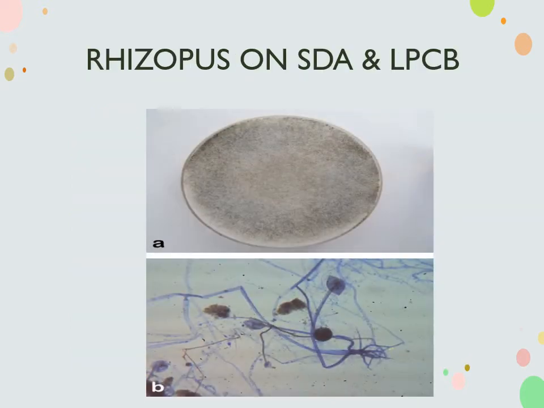Then this is Rhizopus on Sabouraud dextrose agar, that you can see. This is the color of this fungus. You can see the dense growth. Then LPCB, you can look at the LPCB mount. You can easily notice the rhizoids, and these are the nodal rhizoids. And the hyphae, mainly you have to look at the hyphae, they are very broad, ribbon like, and then you can go for the species, which species it can be.